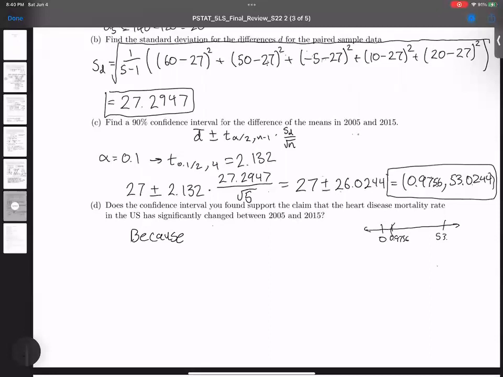So our confidence interval is all positive numbers. It's excluding 0. So because 0 is not in our confidence interval, that means there is evidence. The way to say it is the confidence interval does support